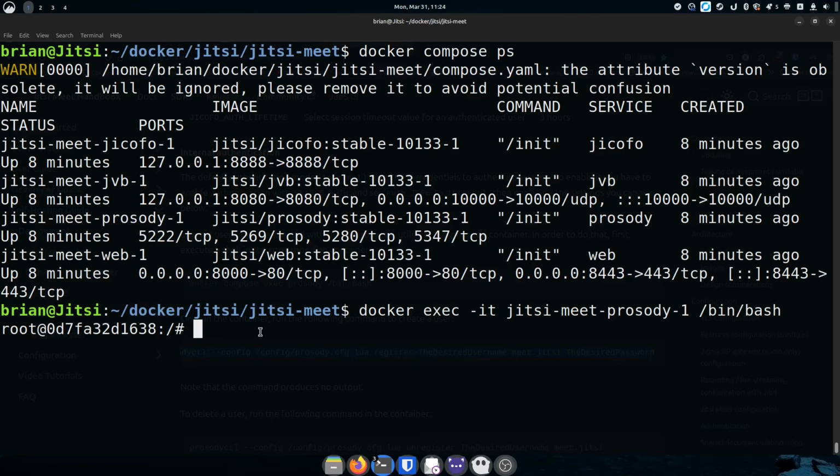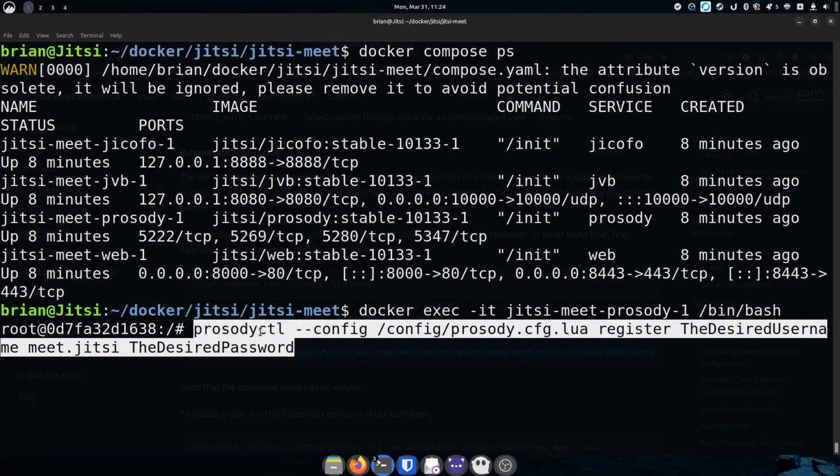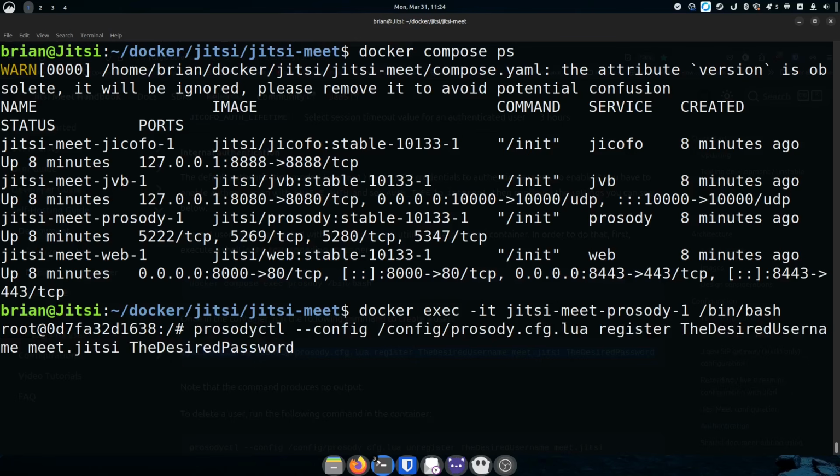But in this case, bash worked. Now we need to use a command like this, and it's going to use the prosodyctl. It says config/prosody.cfg.lua register, and then we want to put in a user's name here, and we'll just register me, and I'm just going to say Brian, and then meet.jitsi is an internal referral to the Jitsi service, so leave that as it is. And then here we need to put in a password for our user, so let's just do